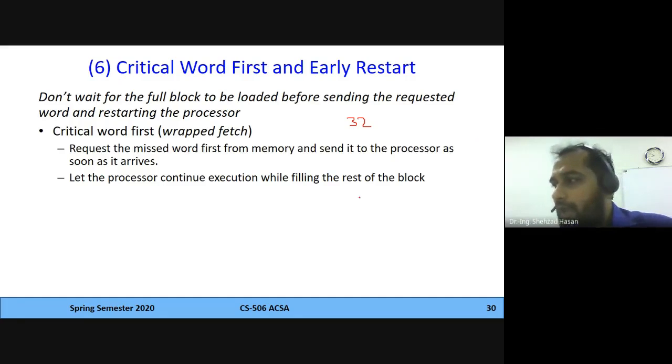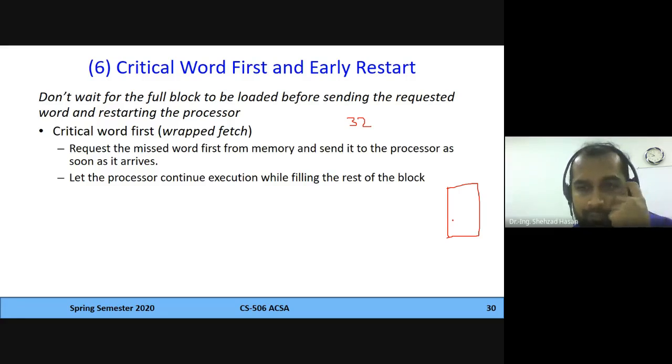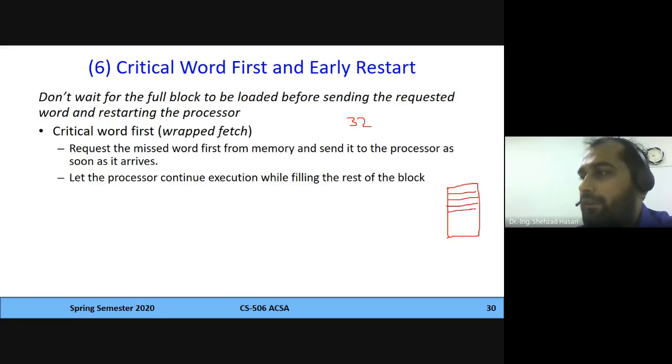A block is a collection of contiguous words, so they are always in a sequence of addresses. If you need a particular word, that's your critical word. So this optimization says request the missed word from the memory and send it to the processor as soon as it arrives. So when you're going to transfer this block into the cache,